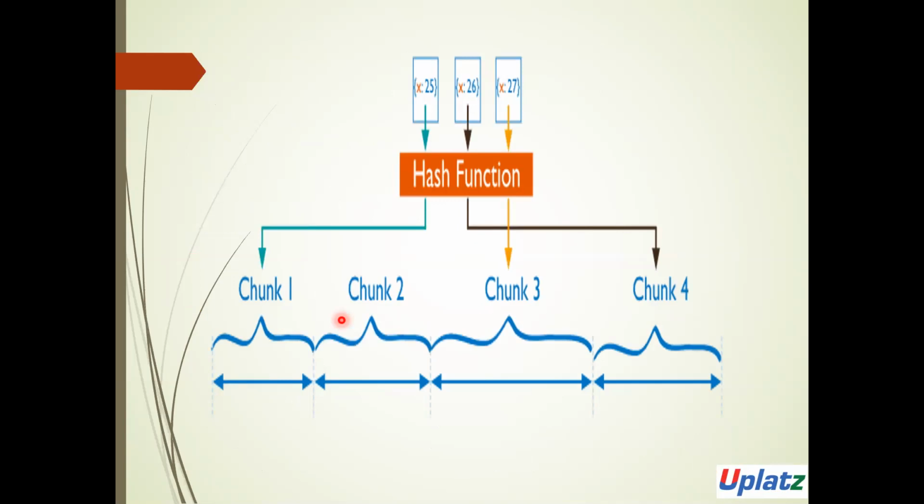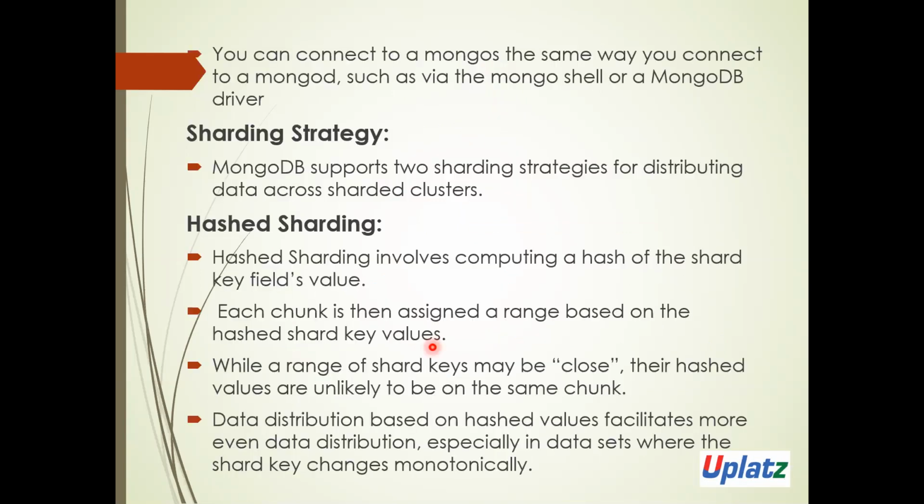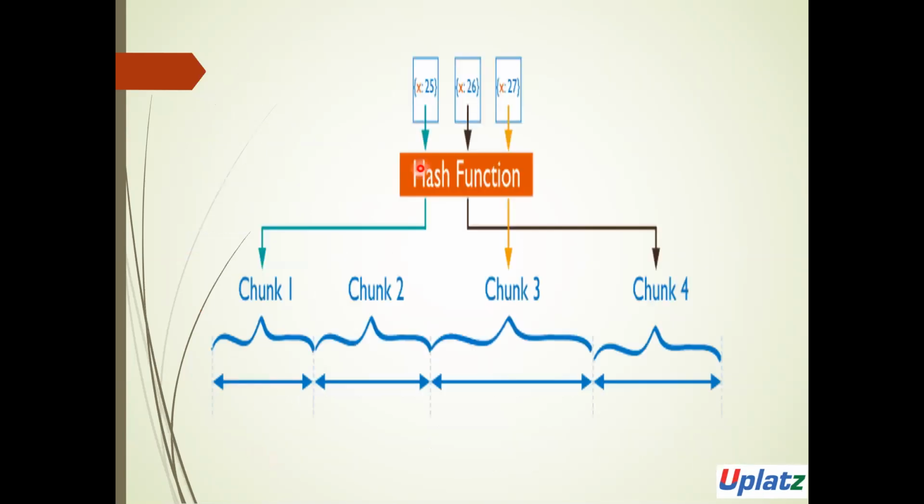So this is all the data, and in the chunks, based on the hash values, it is evenly distributed, whereas this shard key changes monotonically. This is our shard key. Based on that, our chunks are evenly distributed. This is like 27, so it varies. This chunk 3 alone is now varied. As of now we have 25 for chunk 1 and chunk 2, 26 for our chunk 4, and 27 for our chunk 3. Based on that, the size is now getting varied.